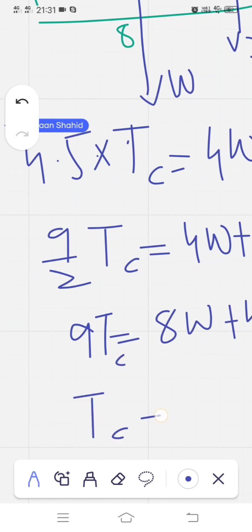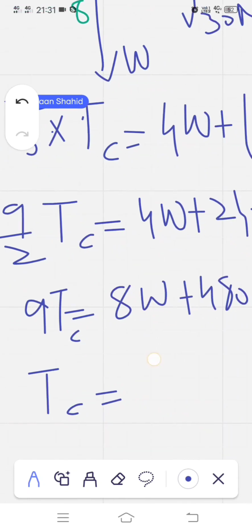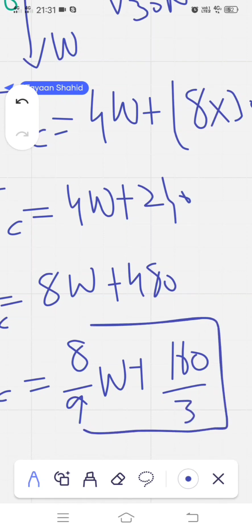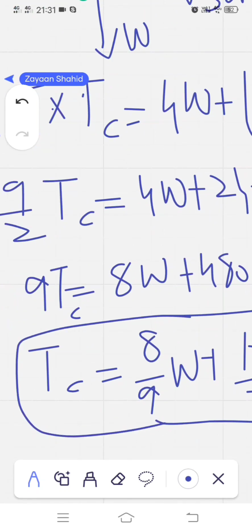So TC is equal to, dividing by 9 on both sides, 8 by 9 W plus 160 by 3. So this is part A of question 9. Now to find the value of W, you can resolve the